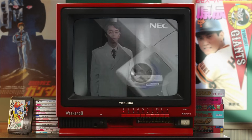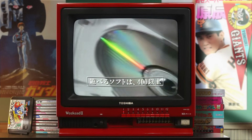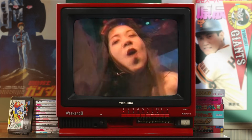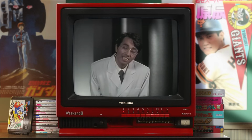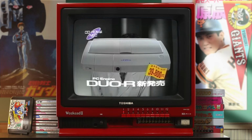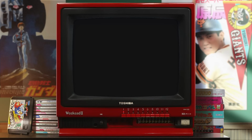PC エンジン DuoR は CD ロムマシンとしてハイコストパフォーマンスを実現。 PC エンジン DuoR 新発売。NEC。